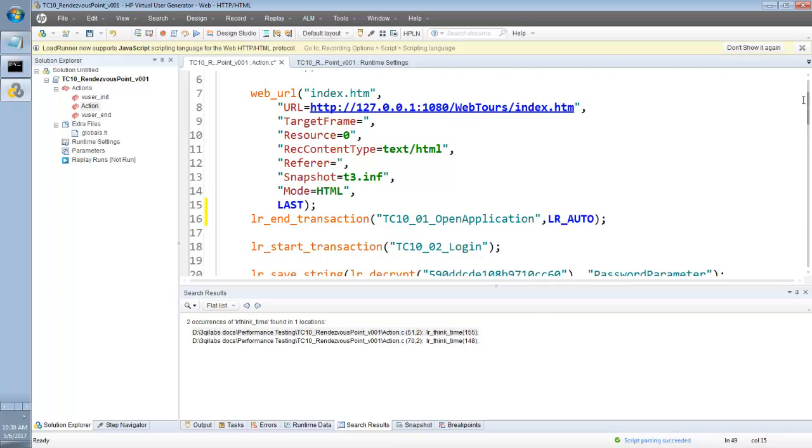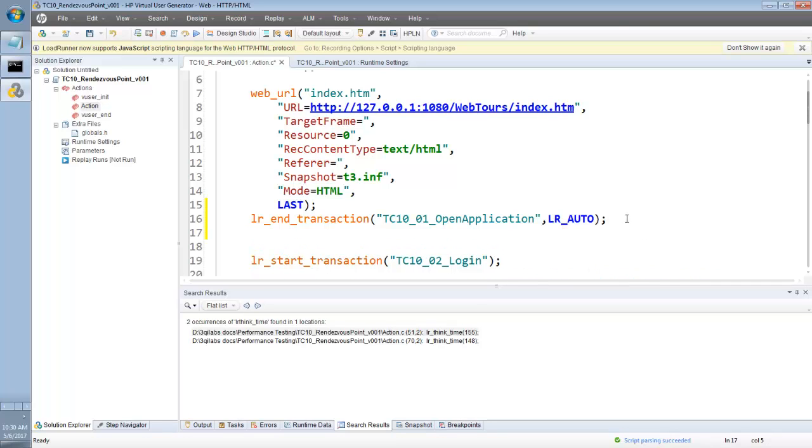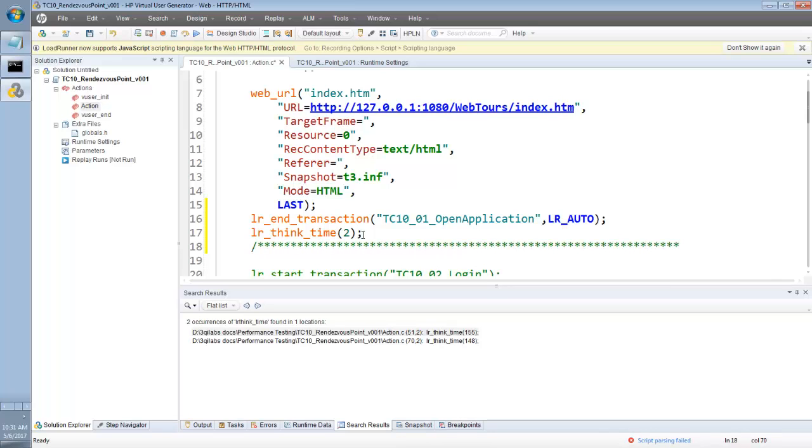Just a question. As far as the think time, your suggestion was we are going to put think time after every transaction end, right? Yeah. Okay. So you remove the unnecessary think time, then you put your necessary think time after every end transaction. Normally in reality we put a 20-second think time, but for our testing, to keep it simple and short, I am going to put a 2-second think time, and then I am going to put some cosmetic comment here to mark the end of the transaction. So I am going to copy these 2 lines,